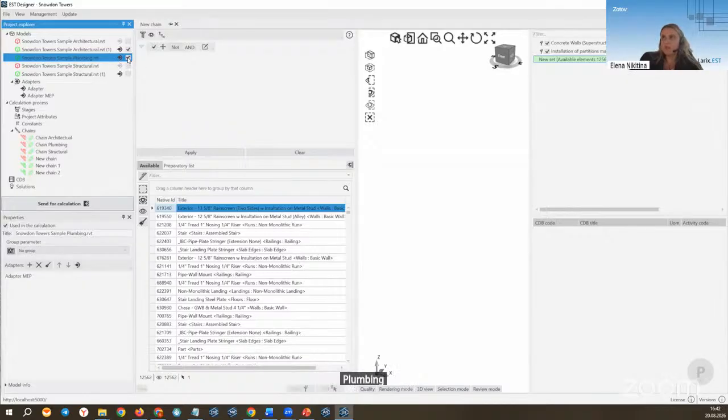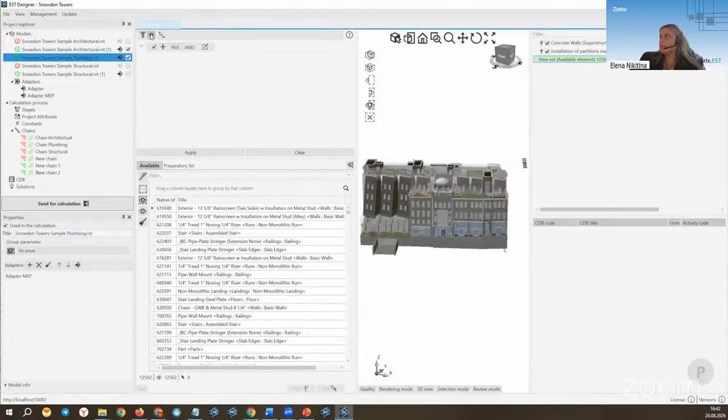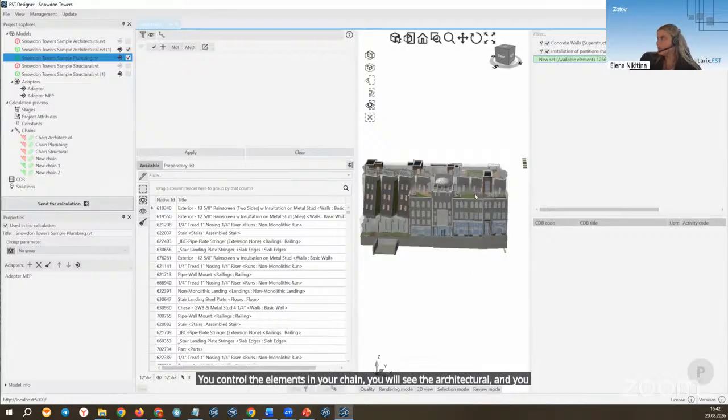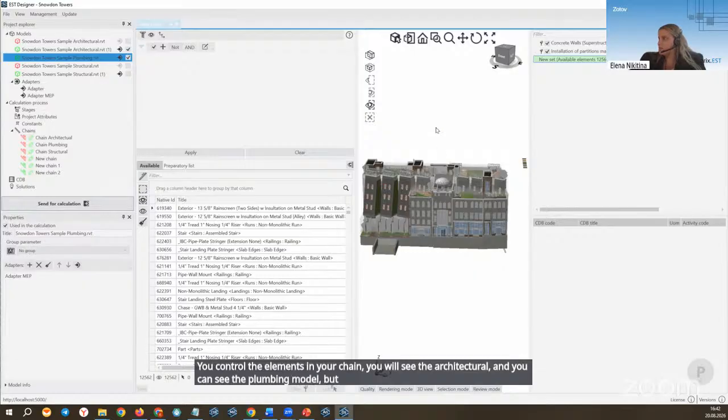We need to put an indicator here to see these elements. The architectural model can be enabled too. You can show the elements in your chain, you will see the architectural, and you can see the plumbing model,